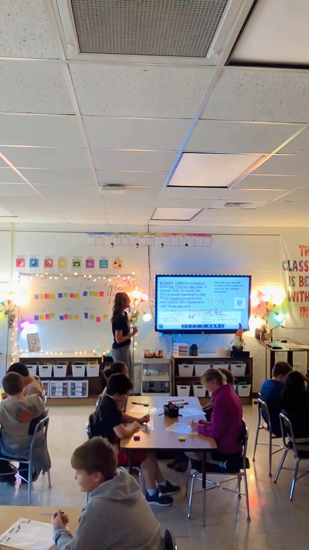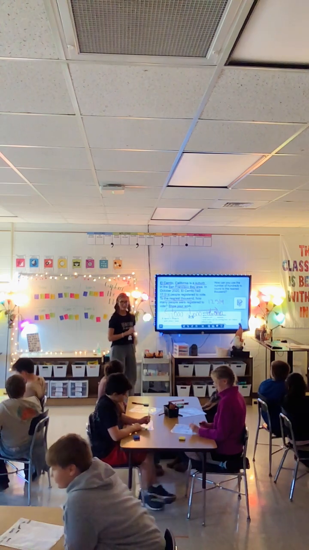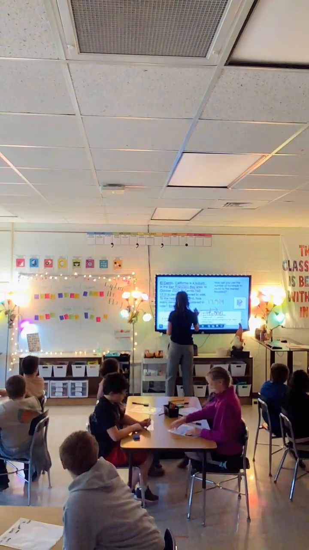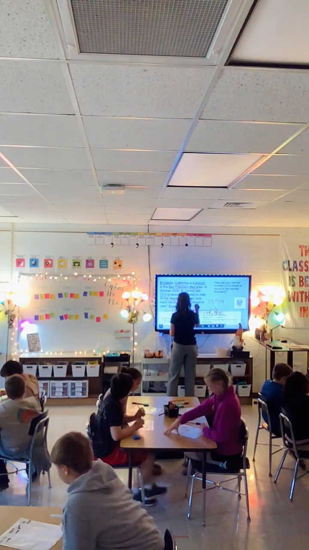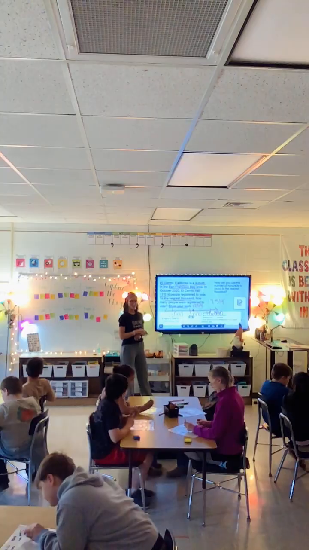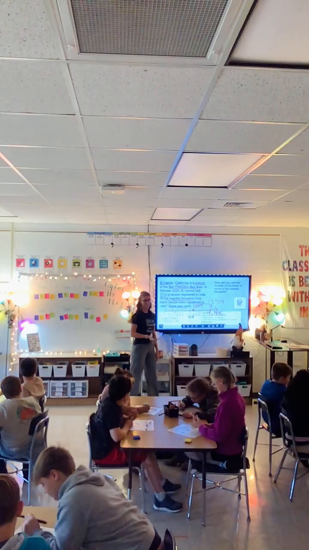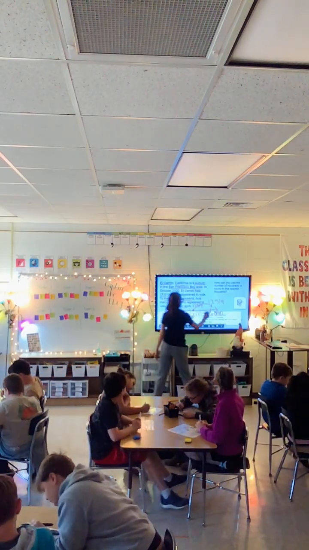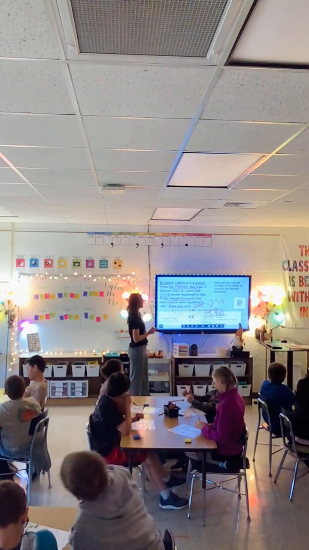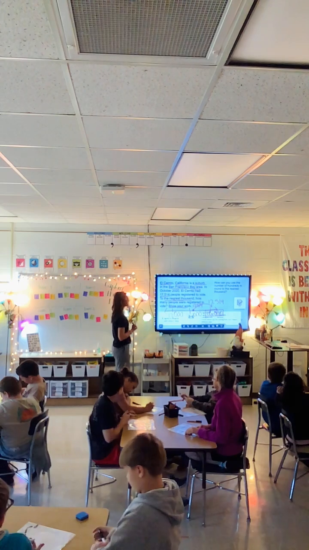So, if we're putting 17,514 on our number line, is that going to be before or halfway or after? After. Probably about right here. So does that mean we're going to round up or down? So what's the number we're rounding up to? 18,000. And then we're looking at people registered to vote. So if you're writing a short answer, you'd say 18,000 people were registered to vote in El Cerrito, California.